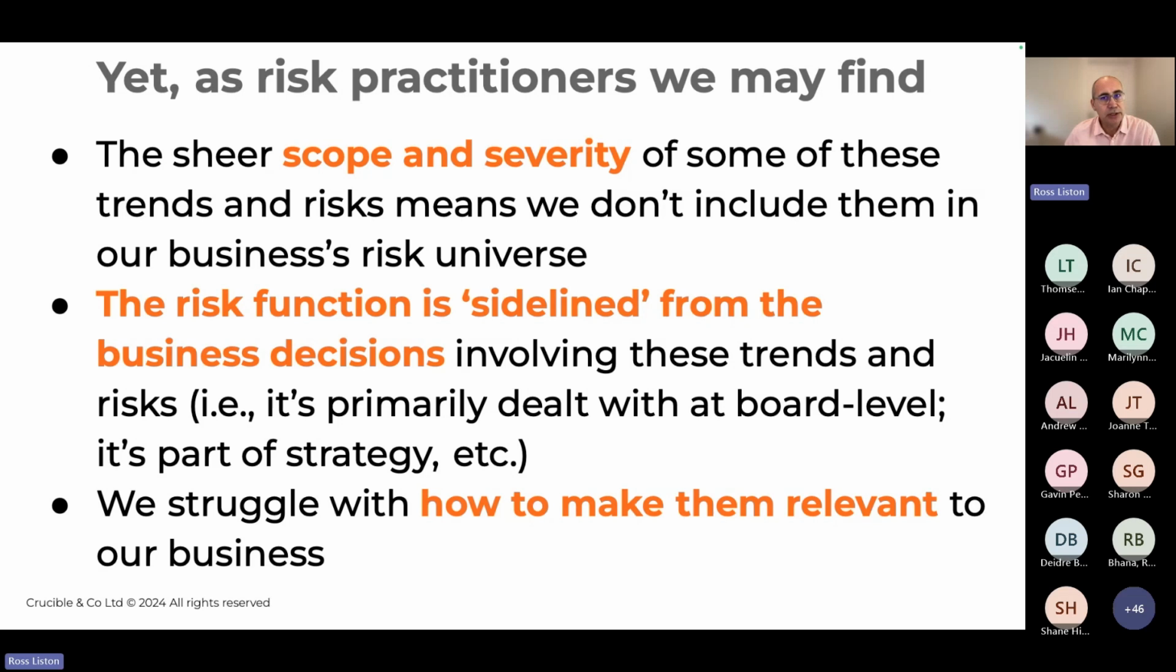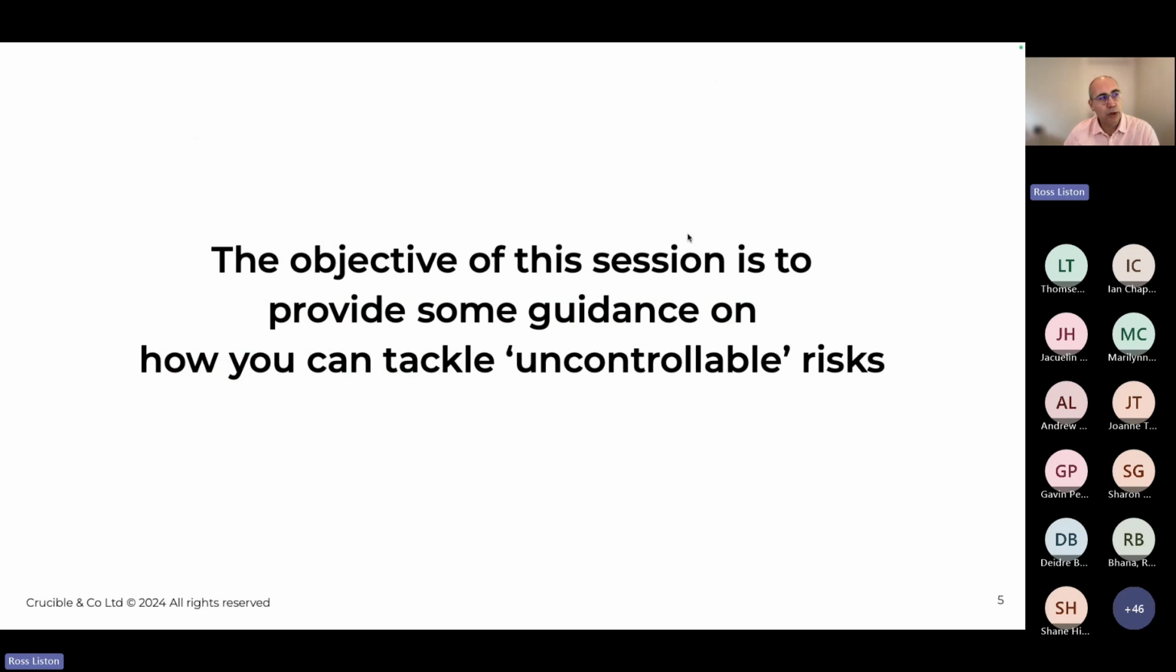And then if we are in a position to deal with this information, it's how do we make it relevant to our organization? That's really where the rubber hits the road and we can add value. So what we plan to do today is that I can provide some guidance on how you can deal with these uncontrollable risks. And so you'll see during the course of this presentation, I'll explain why that is and what we can do